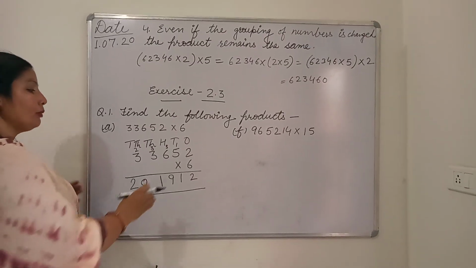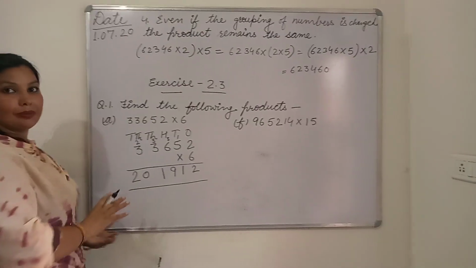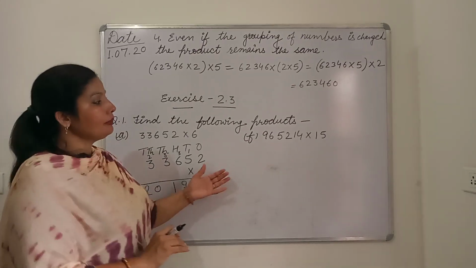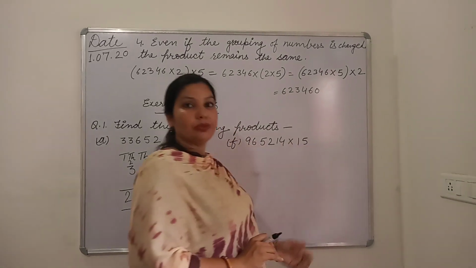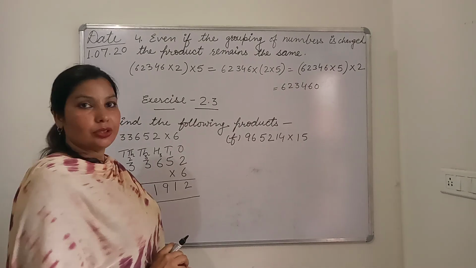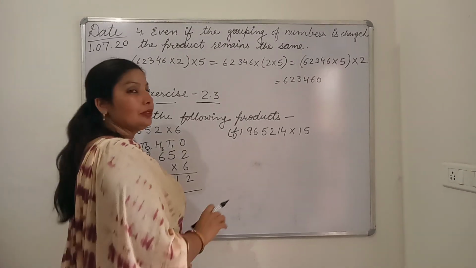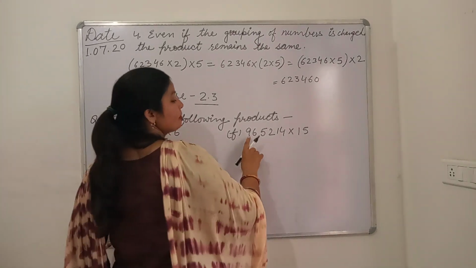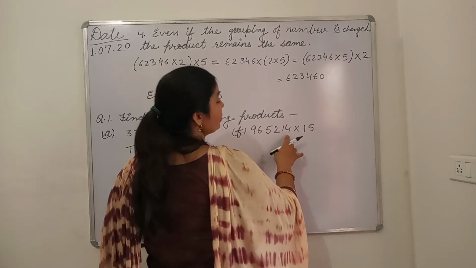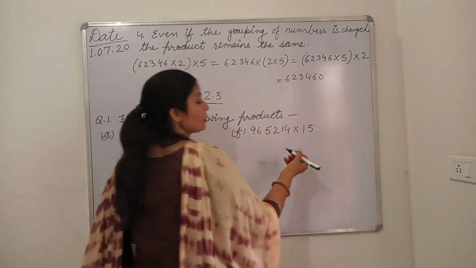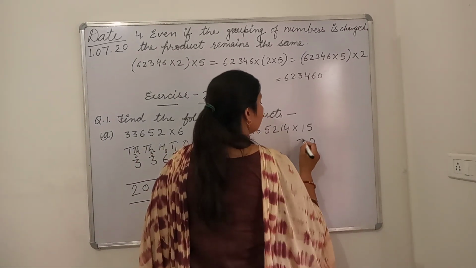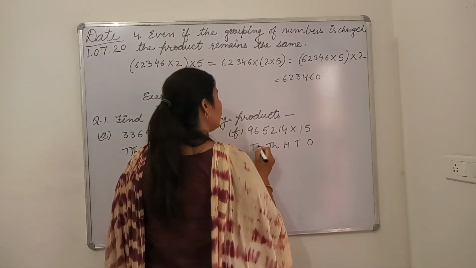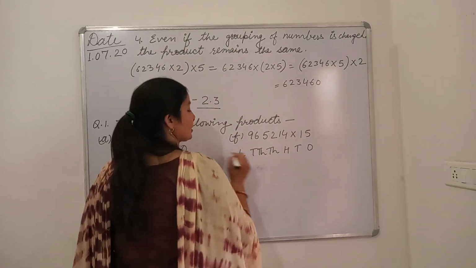Now, if we have multiplication by a single digit, we have to multiply like this, then we get our answer. But in the F part, we have multiplication by a 2-digit number. So the same method is there also. First of all, we should arrange them in the columns and then we should multiply. Here is a 6-digit number, 9,65,214. So we should put here 6 columns: ones, tens, 100, 1,000, 10,000, then lakhs.